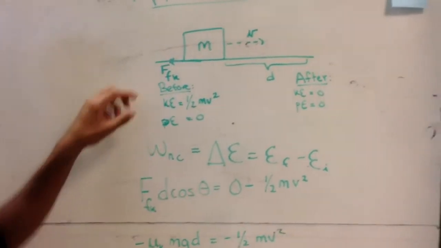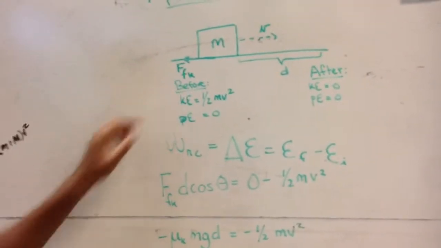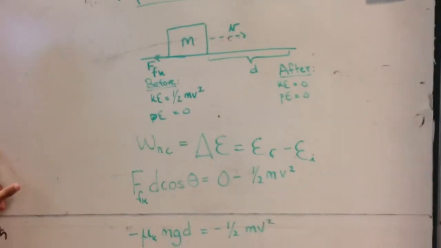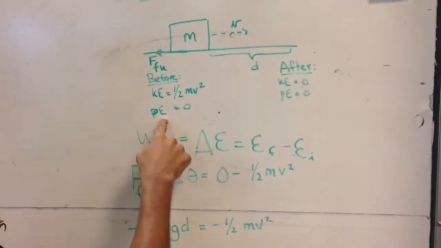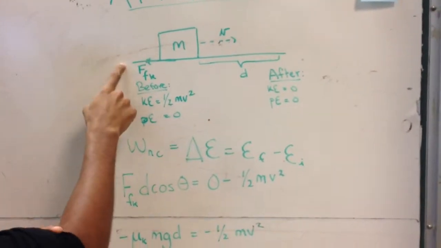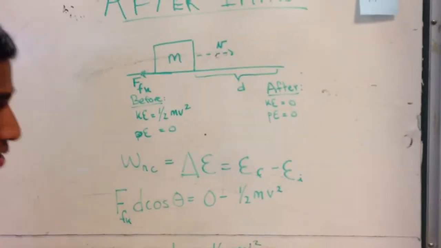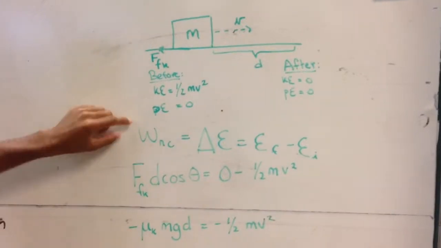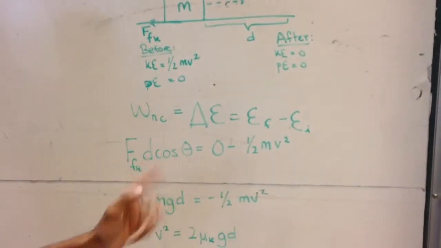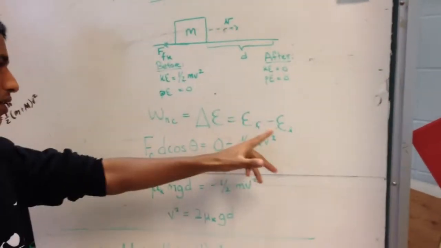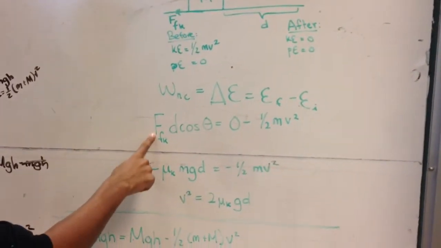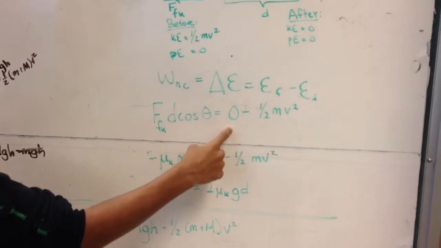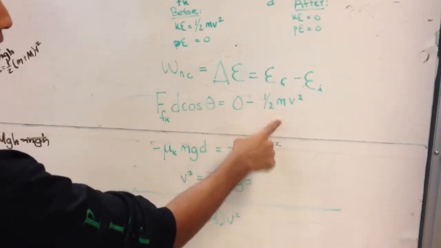Alright, whatever. So the energy before is still 1/2 mv squared from here. This time, since we're only looking at this block, it's not little m plus big M. The potential energy is 0, we're setting this as 0. And then afterwards, we're waiting till it rests, so it's 0 for both. Once again, we set up our equation. Work done by a non-conservative force is energy final minus energy initial. Once again, that's force of kinetic friction times d cosine theta equals the energy final, which is 0, minus 1/2 mv